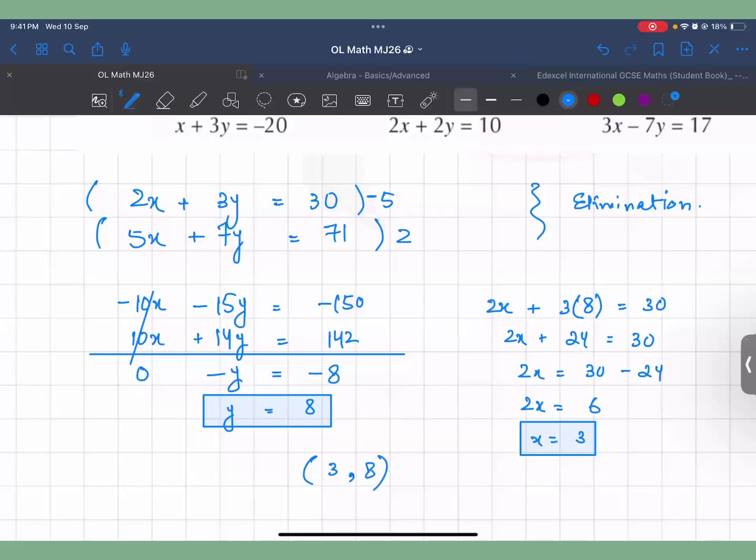Sir, we can put this x value in equation 1 as well as equation 2. You have found y first, okay? And then you can use this y in any of the equations, 1 or 2. You will get the same value of x. That's what Hassan asked. Okay, the values for x and y are the solutions for both of the equations. These work in both.